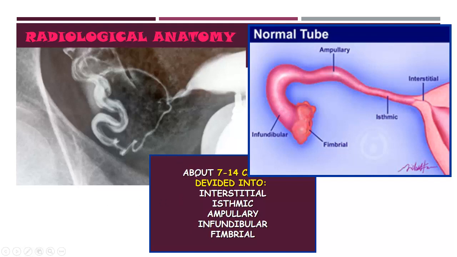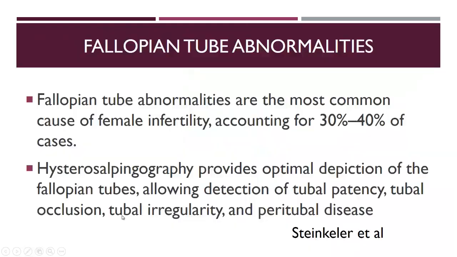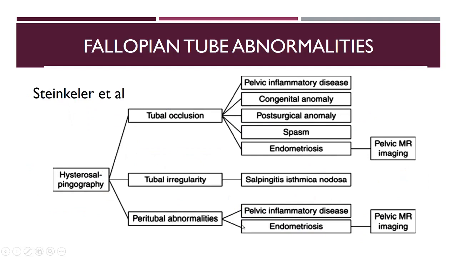The fallopian tube length is from 7 to 14 centimeters, divided into interstitial, isthmic, ampullary, and infundibular parts. Fallopian tube abnormalities are the most common cause of female infertility, accounting for 30 to 40% of cases. Hysterosalpingography provides optimal depiction of the fallopian tubes, allowing detection of tubal patency, tubal occlusion, tubal irregularity, and peritubal disease. Fallopian tube abnormalities